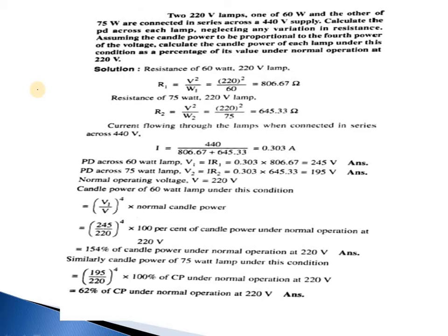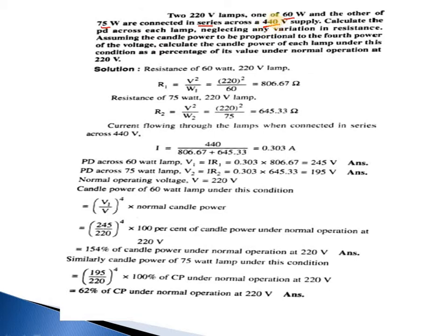Neglecting any variation in resistance, and assuming the candle power is proportional to the fourth power of the voltage, calculate the candle power of each lamp under this condition as a percentage of its value under normal operation at 220 volt. So we have two lamps, one is 60 watt,